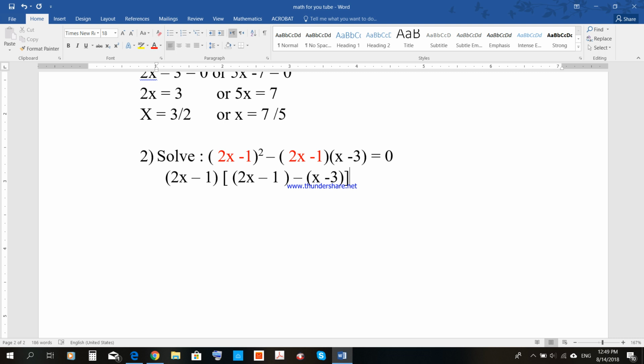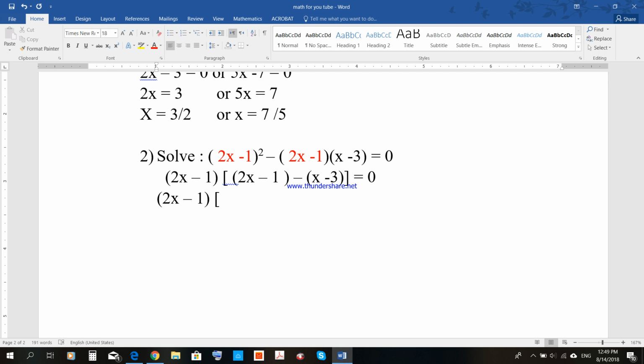And we close the bracket, equal to 0. After that, we put the common factor 2x minus 1, the same, and then we simplify or reduce the